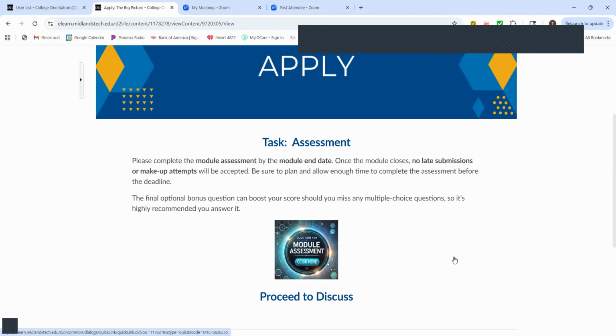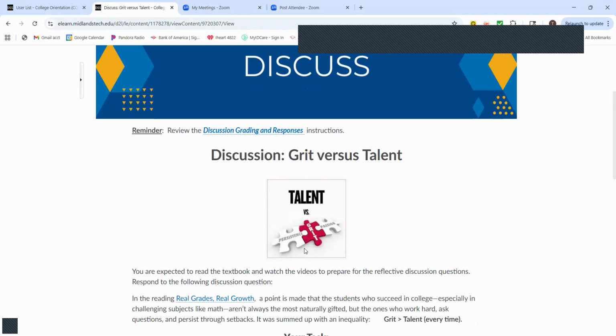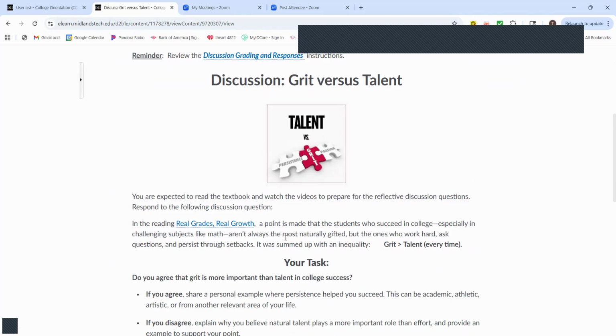So you'll take the assessment, and then this week you'll enter into the discussion. This one is about talent versus grit, right? Would you rather have a little bit more talent or be a little bit more gritty? And it ties into the readings and so forth. Just want to emphasize the importance of getting into your discussion forum early in the week. By Thursday midnight, if you haven't posted, you're going to start to lose some points. And so all you have to do is just shift the time that you do this to early in the week. It's no more work. It's just when you do it.